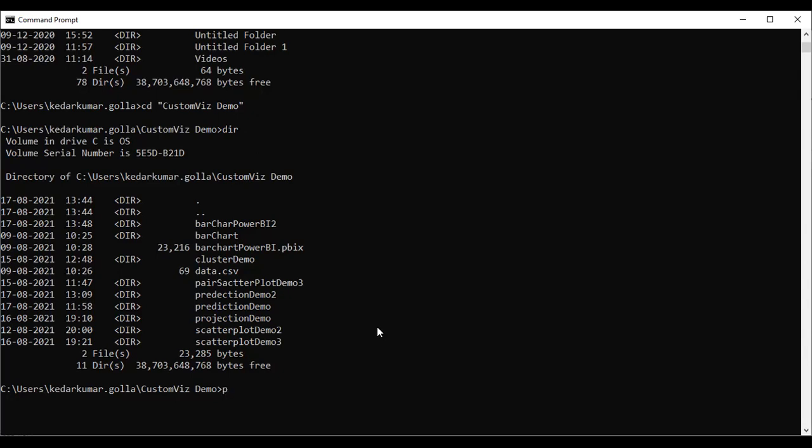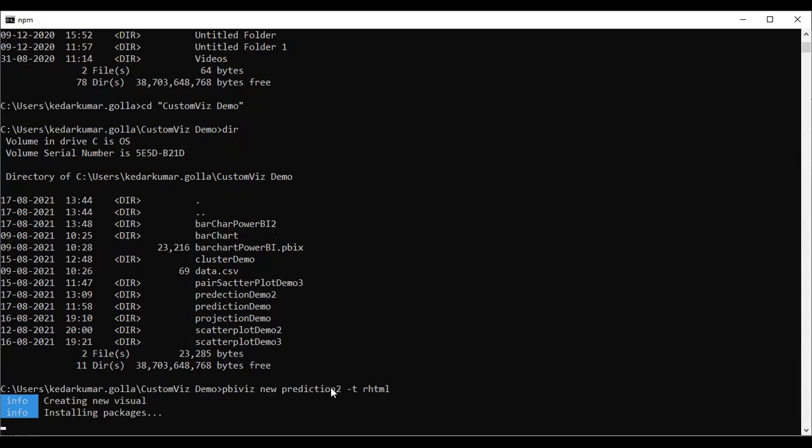For that, I just need to run this pbiviz new command to create a new package.